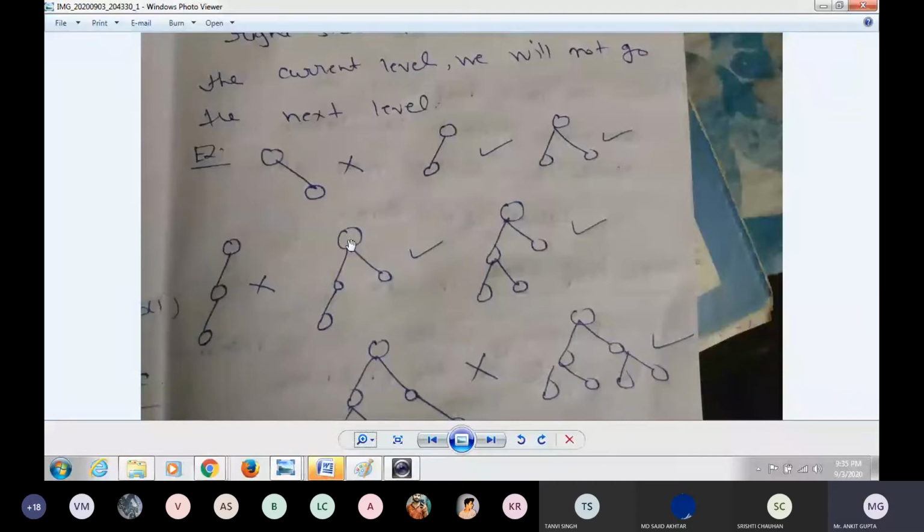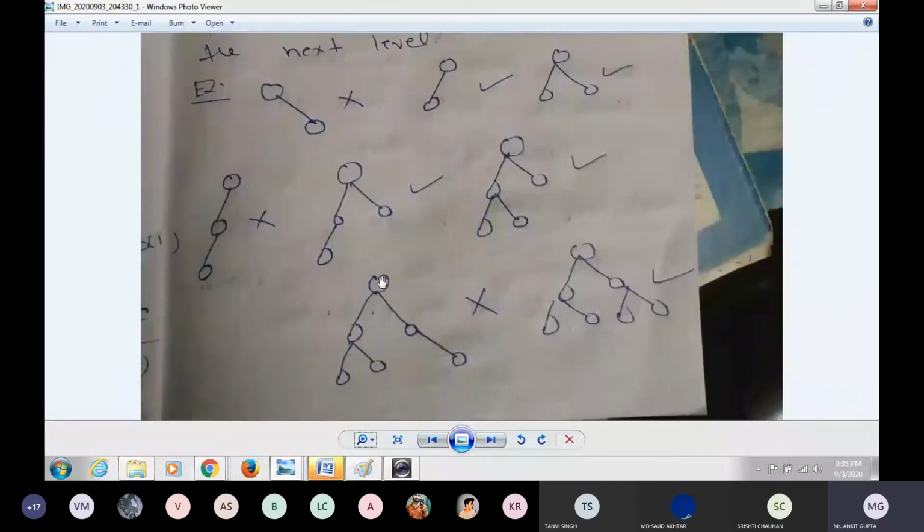In the fifth example, suppose it's a root node, left child, right child. Left is also complete, then again I go to the right, and the level is also complete. Then I can go to the next level, on the left side. So it is a complete binary tree. In this example, root, left, right, and then the next level, left, right. First left, then right. It is okay. It is a complete binary tree.